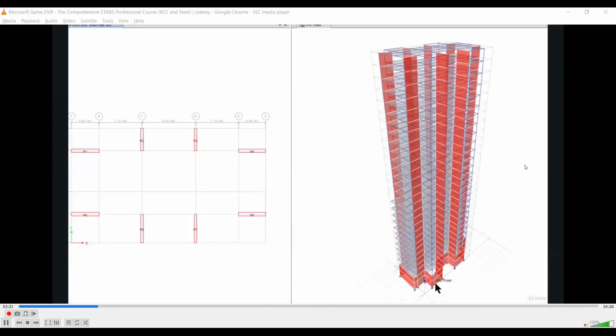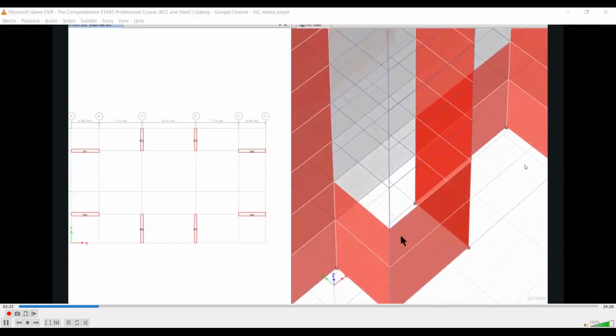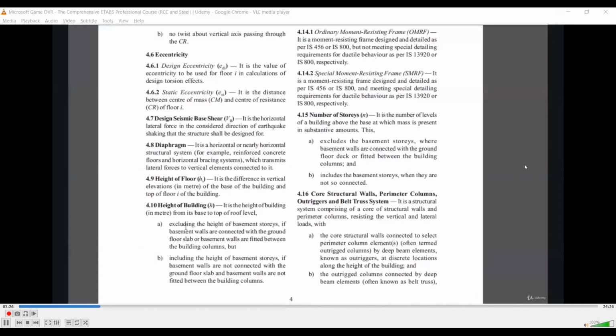In our case, the basement walls are fitted with the building columns, so we need not consider the height of the basement stories. That is, the height of the building shall be from